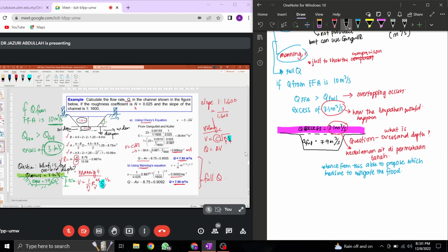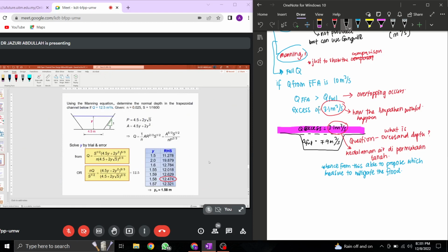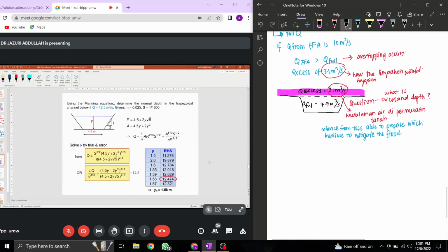Okay, kalau tak ada soalan, saya pergi kepada next slide. Okay, basically yang inilah selalunya yang akan menjadi masalah untuk buat calculation, sebab on the previous slide y has been given, so this is given. Okay, so if you still remember yang saya bagi tahu tadi is you have the excess water. So if you have the excess water of 3.1 meter cube per second, so with this 3.1 excess water, what is the depth akan berlaku? So ini yang you kena